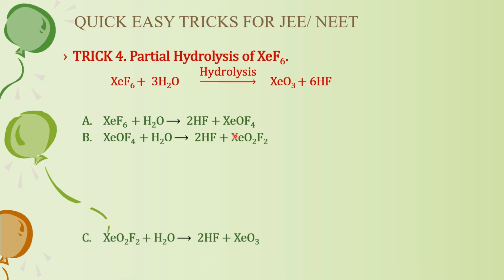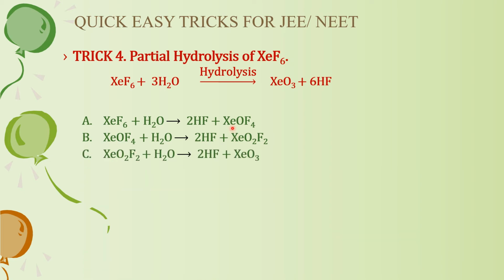And then we will be adding the next mole of water. It will be XeO2F2 that will be reacting with this water. Again, 2 hydrogen, 2 fluorine going off. What will be left behind is XeO2 and this one oxygen, so XeO3. Okay, so very easy, not at all difficult. So the overall reaction, you can check it also, is going to be just the same that we have written on the top, XeF6 plus 3H2O forming 6HF and XeO3.